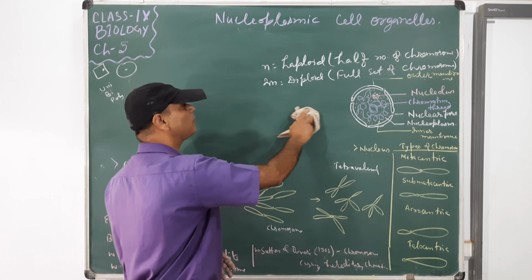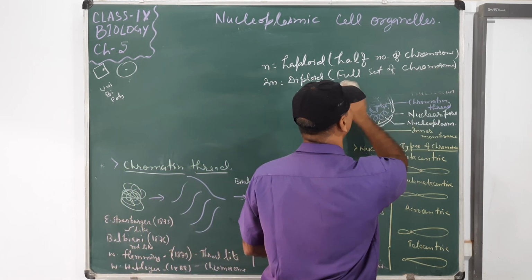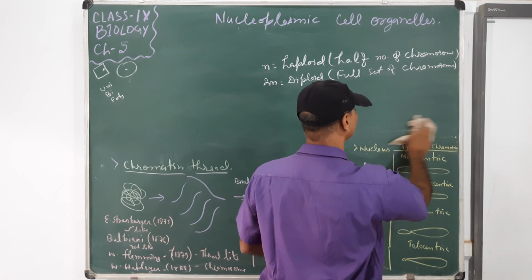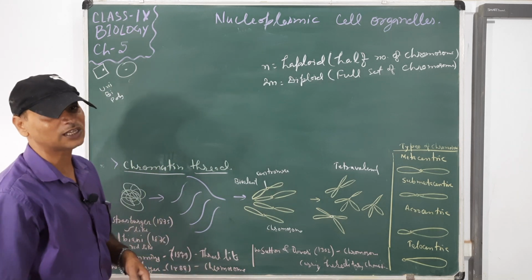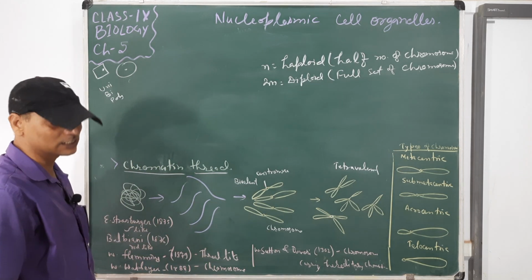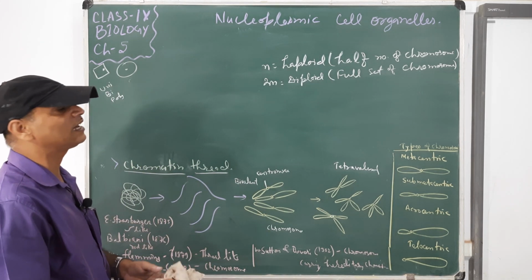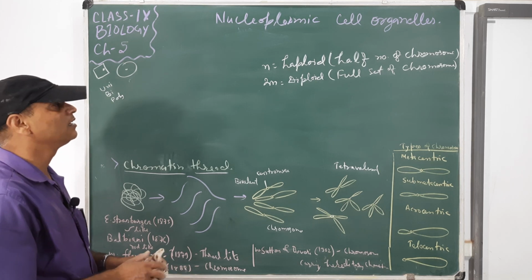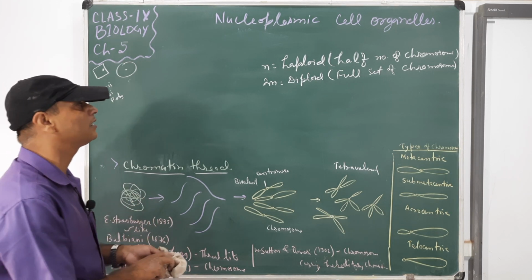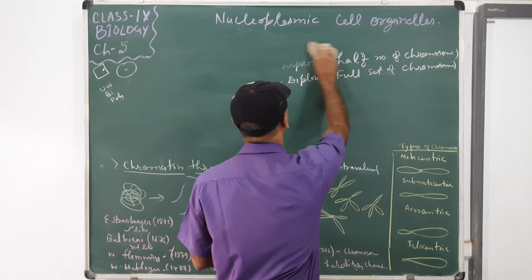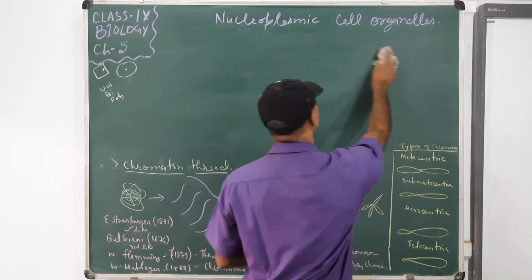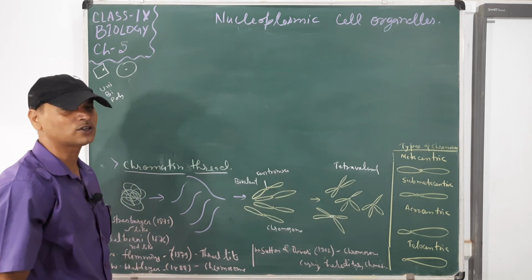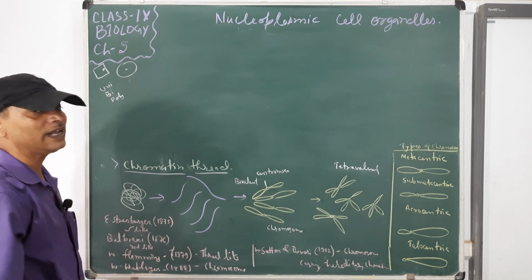So haploid and diploid are the conditions when chromosomes are present in different cells. If it is present in a general body cell having 46 chromosomes, that is diploid. If it is found in the gamete cell, it is 23, that is haploid. When two gametes, male and female, meet or fuse together, they form the diploid set of chromosomes. So this is the way they form.